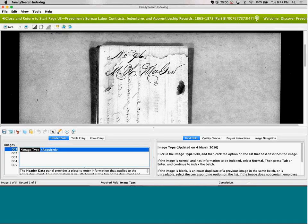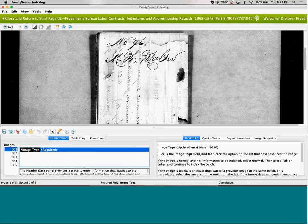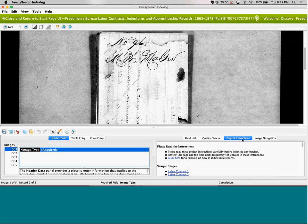The thing always, just show them the different areas. Obviously, here's where the image is, and you can move the image around. Here's where we'll put the data in, and here's where the field help is. And then I stop, and I always click this one. I wish they would put project instructions in front of field help, but they didn't. So I just click on project instructions, and the first thing I tell anybody who's a new indexer is,